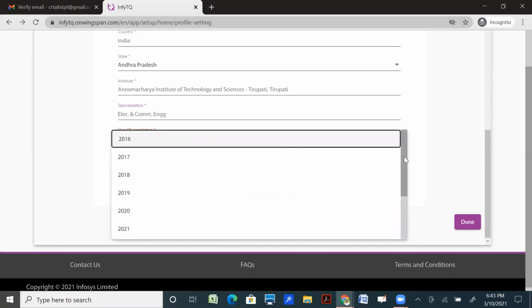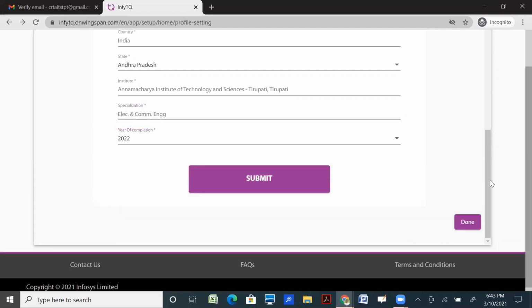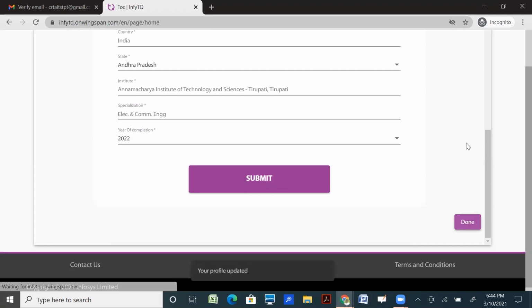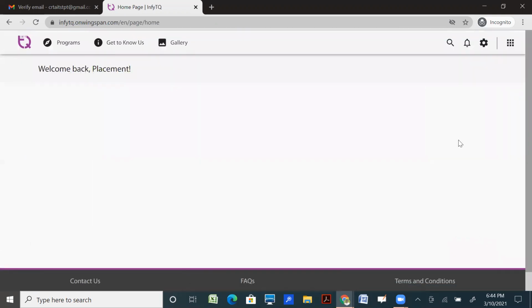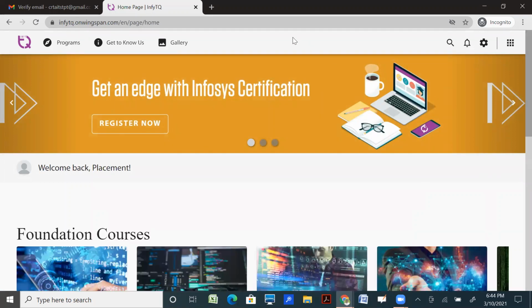Then the year of completion, 2022, the year in which you are going to complete your graduation. Then click on submit. Then it shows that your profile is updated. Then click on done. Now your profile has been completely updated.